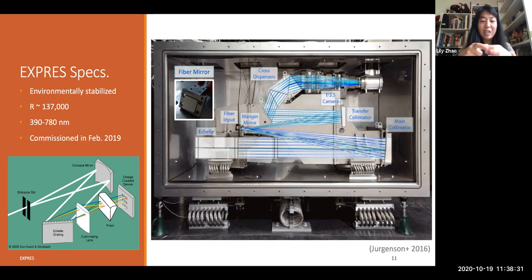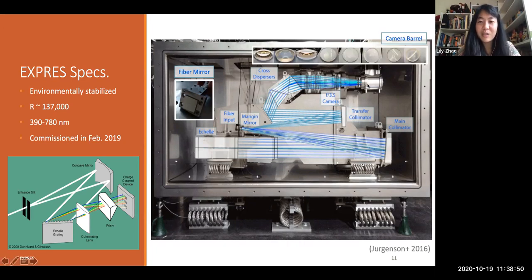And so it slightly moves the fiber mirror as we look at a star to make sure that the light is entering at the same angle. And this fiber mirror actually has a bare fiber, so like a piece of glass the width of a human hair in it, so that the light hits the fiber directly with no occluding optics in between.